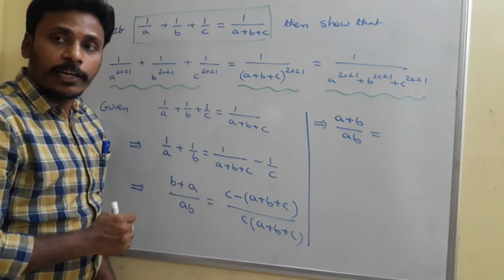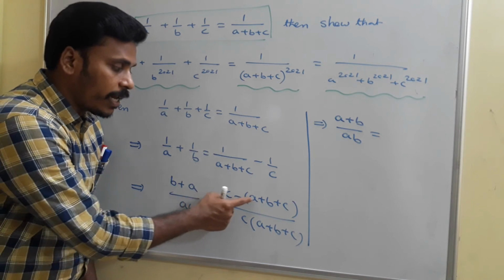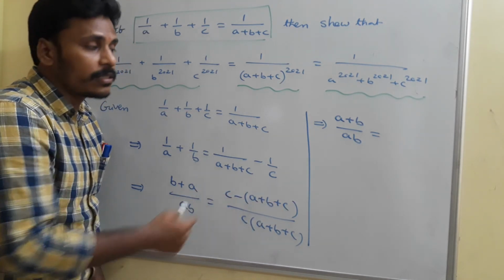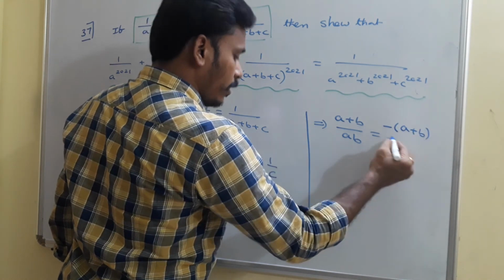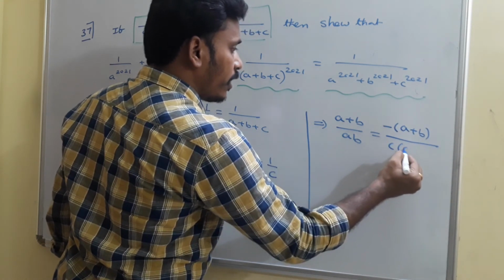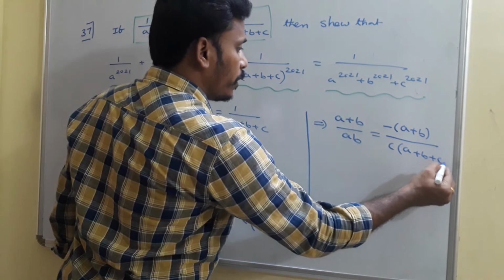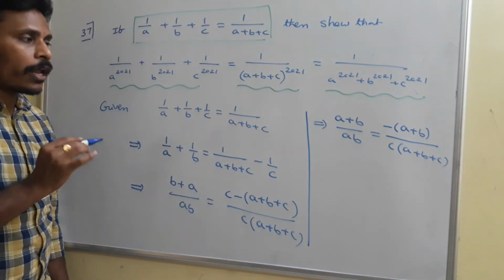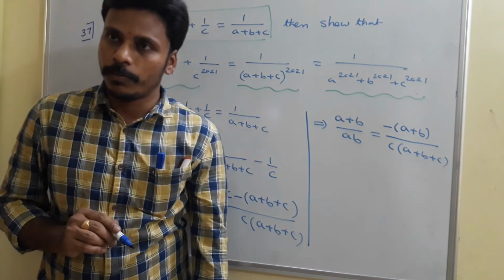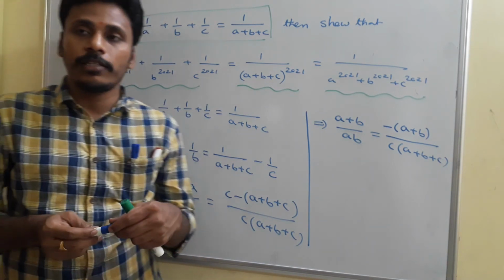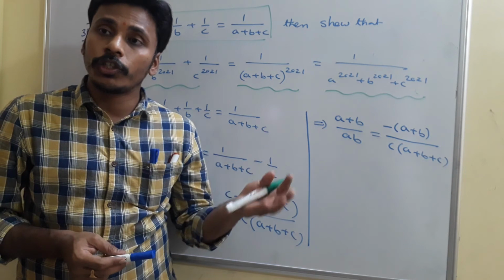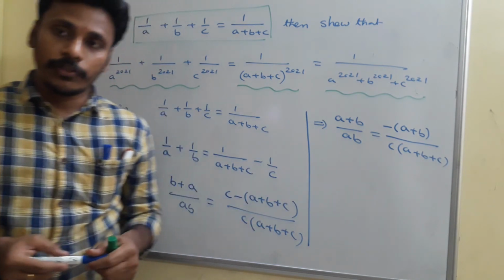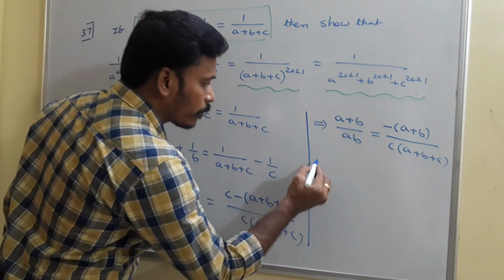See, the right side, if you think about it, minus a minus b minus c and c will get cancelled. You are left with minus a plus b divided by c times of a plus b plus c. Now here you just don't cancel that a plus b because we don't know whether it is 0 or not. If it is not 0, then okay to cancel. If it is 0, then there is no possibility of cancellation. For that you just do cross multiplication.